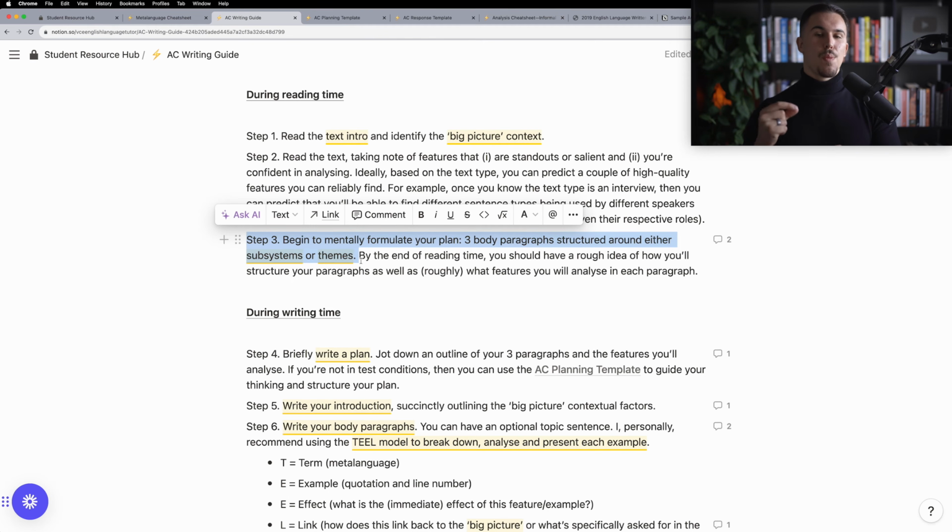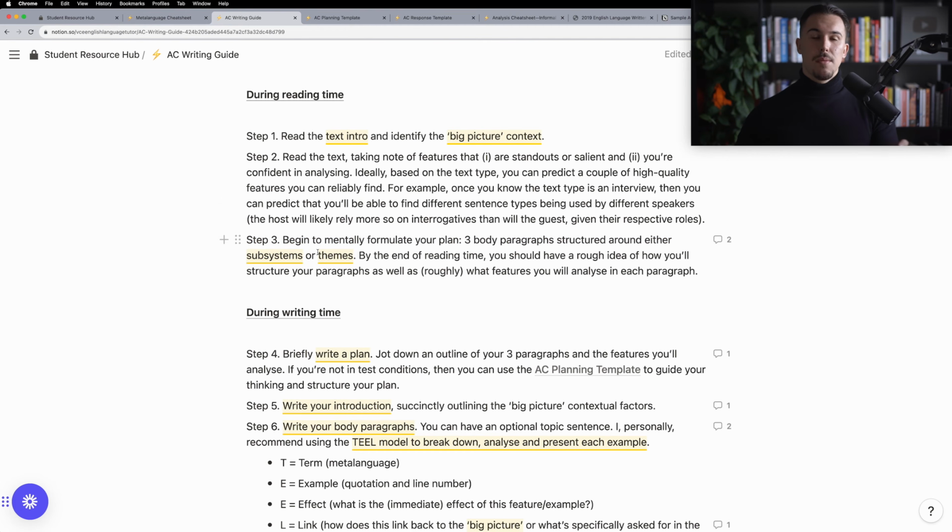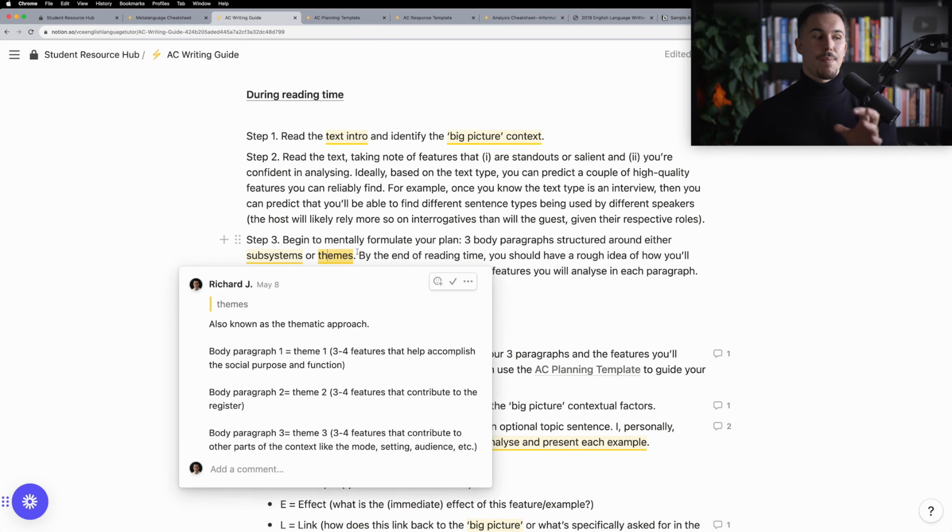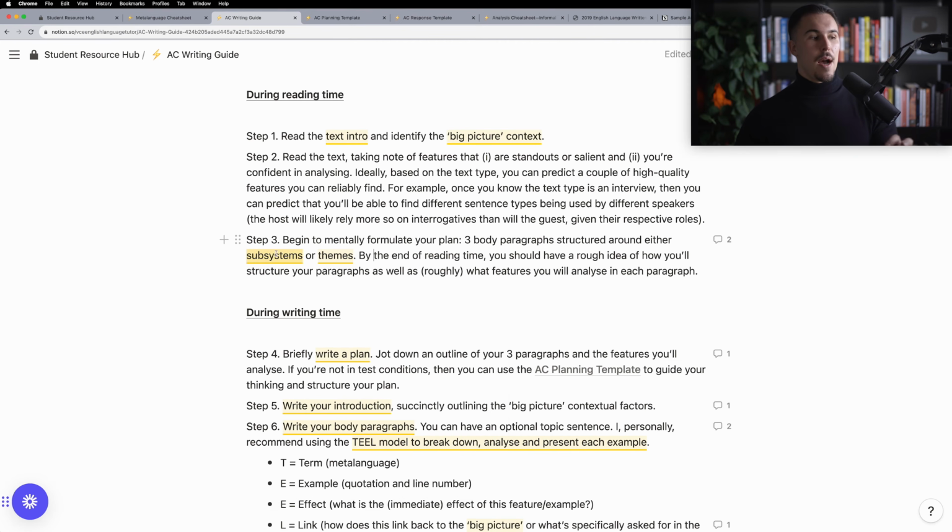What's important is what you put in your paragraphs and the depth of your analysis. As an example, I scored a 50. I structured mine based on subsystems, but I've also connected with other former students who've scored a 50 who structured it based on themes. Just to be clear, structuring it around subsystems, you might have one main body paragraph focused on phonology and phonological features, one body paragraph focused on lexicology, and maybe one body paragraph focused on syntax